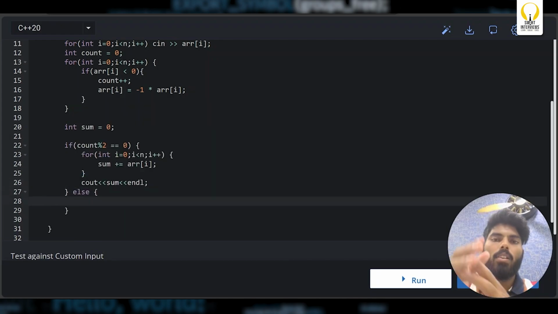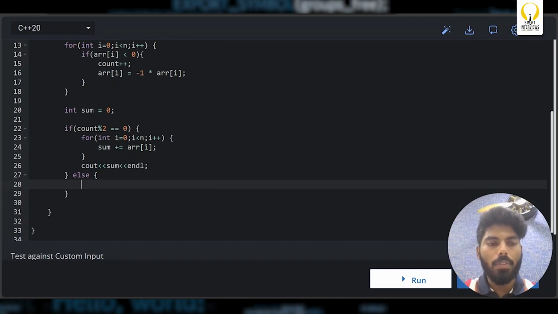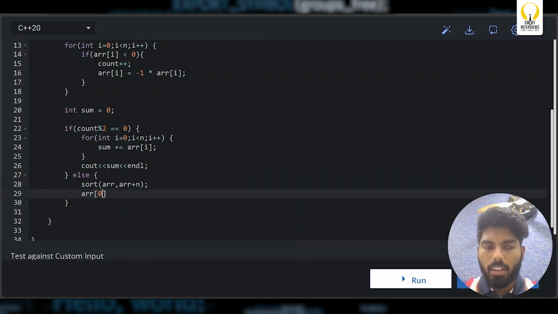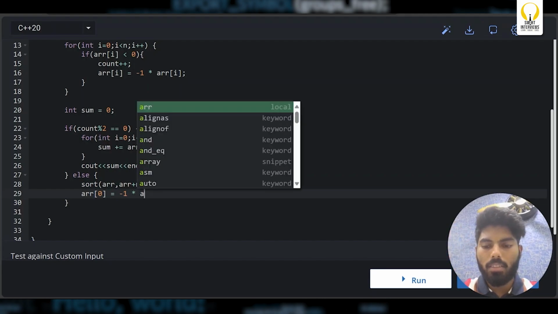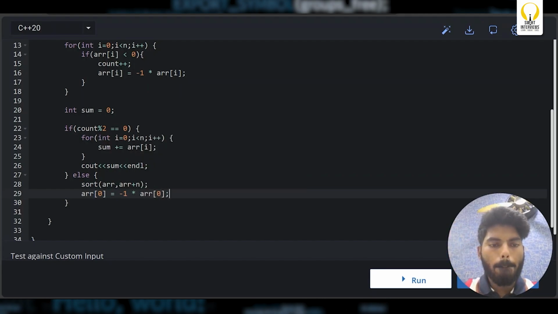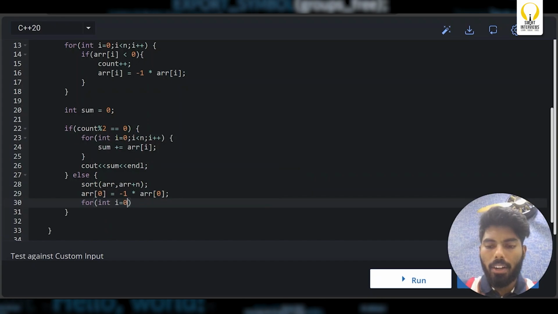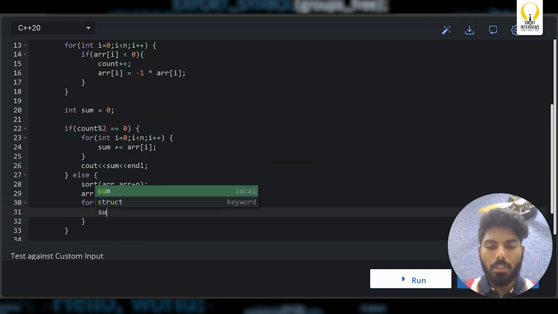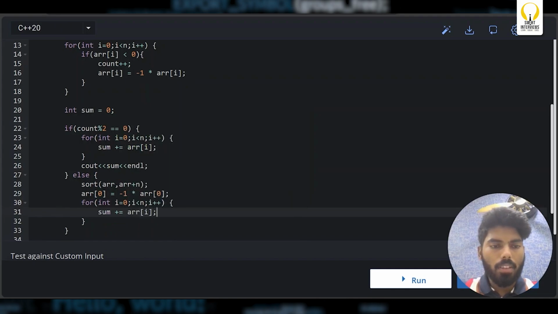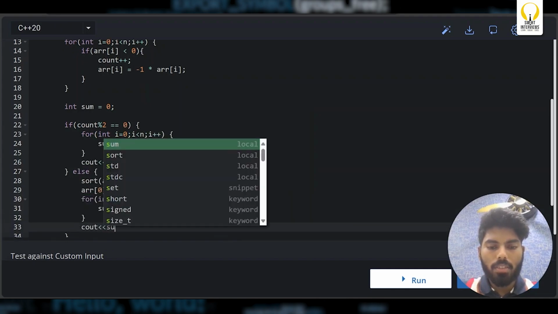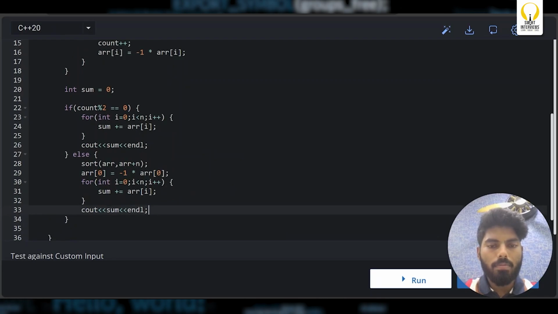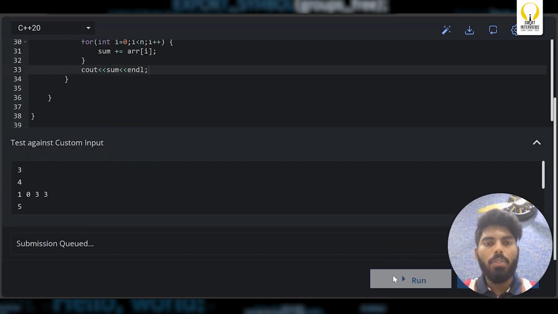But let's say there are an odd number of negative elements. If that is the case, then I will sort the given array, and then I will make the first element, the smallest element, negative. Then I will iterate on the given array, i less than n, i plus plus, sum plus equals array of i, and then print the sum. That's it. And if you run the code,